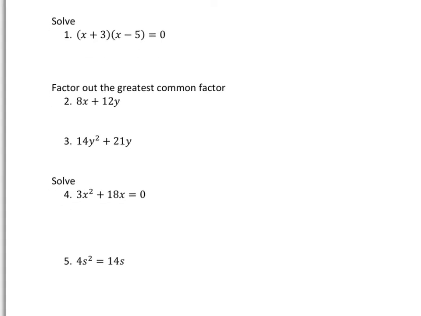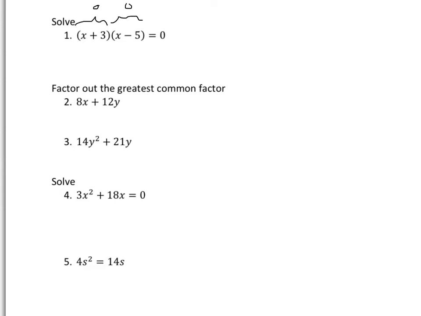So we're going to start very simply by solving something that's already pretty much laid out for us. This is already factored. We've got x plus 3 times x minus 5 equals 0. Now remember I told you that either this has to be equal to 0 or this has to be equal to 0. One of those two has to be equal to 0